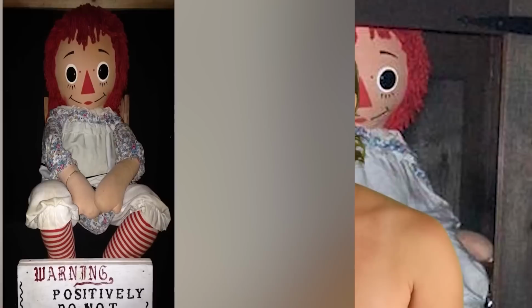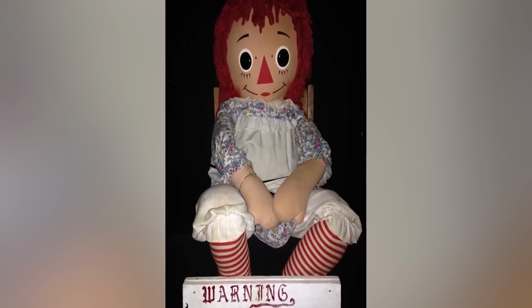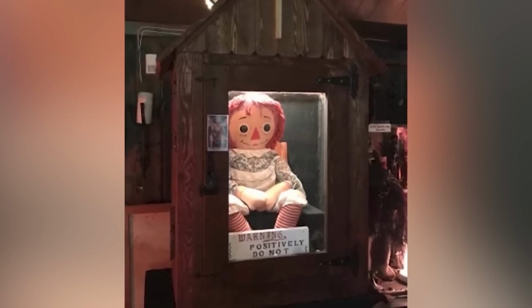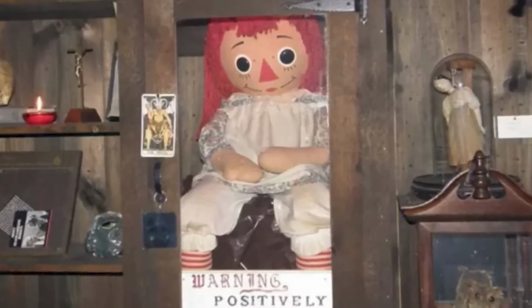The girls then decided to contact a medium who solidified all of their beliefs and told them that the doll had been possessed by the spirit of someone who was killed in their apartment building. For some reason, the girls didn't immediately get rid of the doll, and the story goes that their friend Lou, who was at the girls' apartment, heard strange noises one night and went to investigate, and he was then attacked